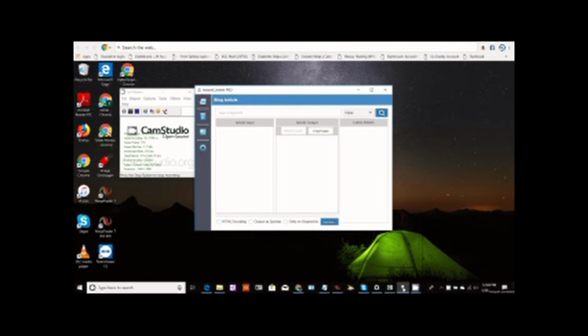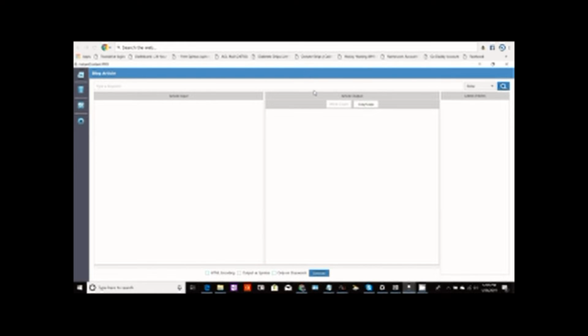I have it saved on my desktop, unzipped and pinned there, so I'm just going to open it up and make it big. Let's say we want to post an article on our blog about weight loss. That's a popular topic. Just type in the keyword weight loss and click the search button. Instant Content Pro is going to go find articles that have the keyword weight loss in them,